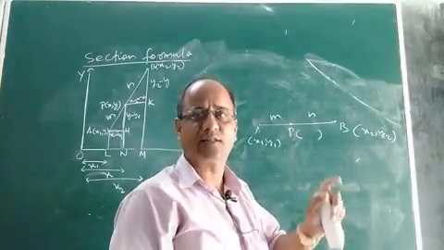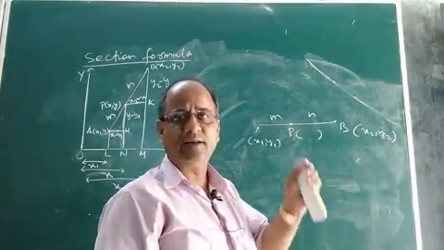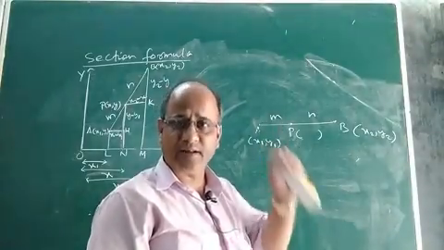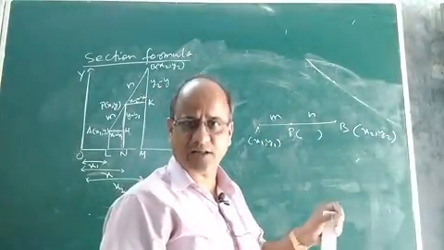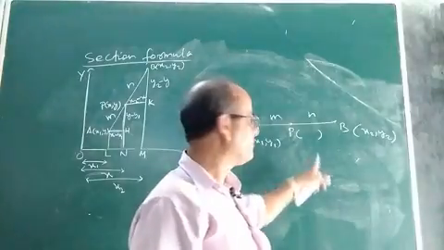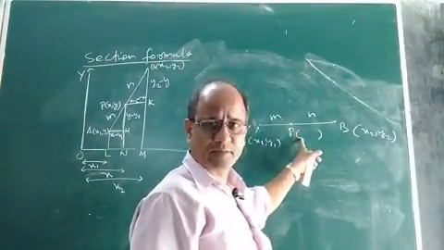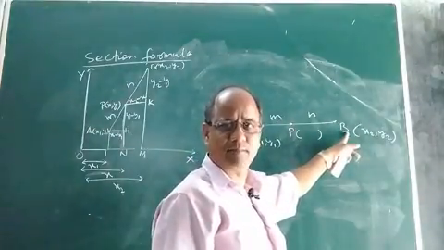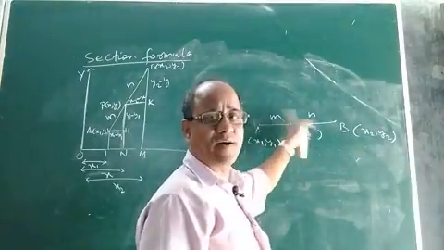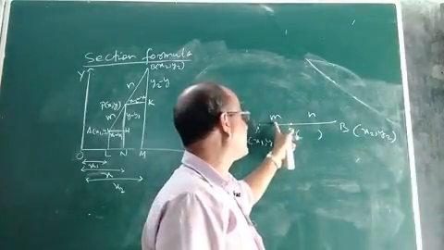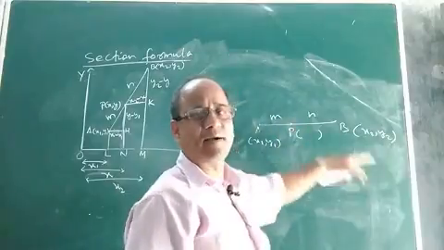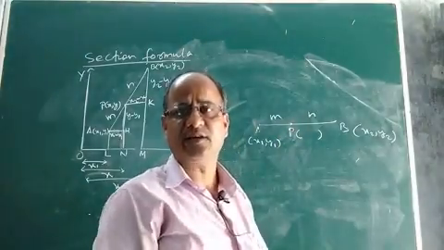It was there in class 8, how to divide a line segment internally in a given ratio. That is being repeated here. Now if P is a point lying on this line segment AB and it divides the line segment AB in the ratio m is to n, where m and n are any two positive integers.